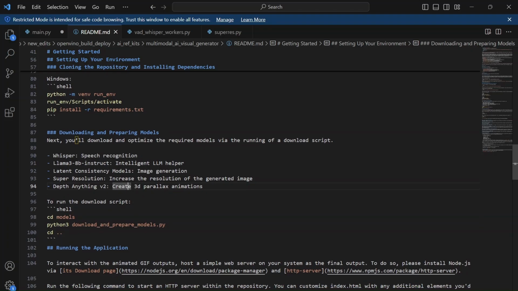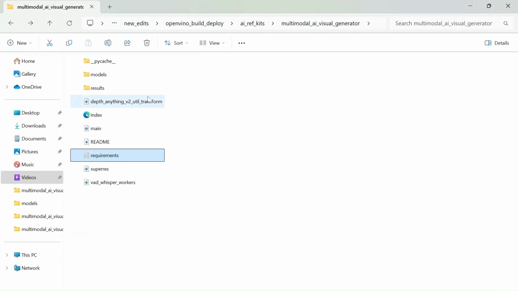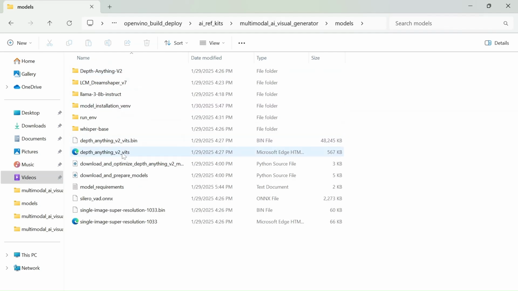So that's a process that, after creating your environment and installing your requirements.txt file, you would run for the different types of models. And we do have a neat Python script that shows you how to do this. If you run it, you're able to get all of the models downloaded into your folder automatically. So if I pull up that Python script really quickly, which we can find in the models folder,